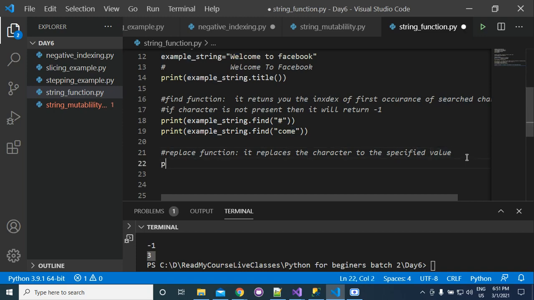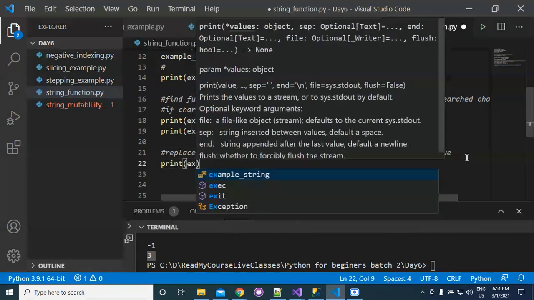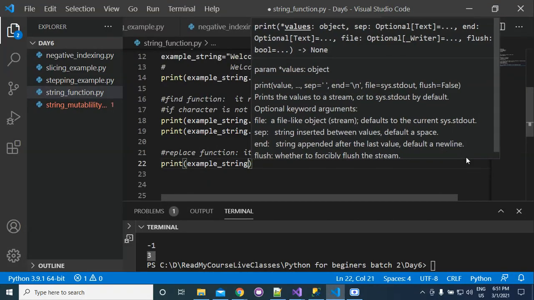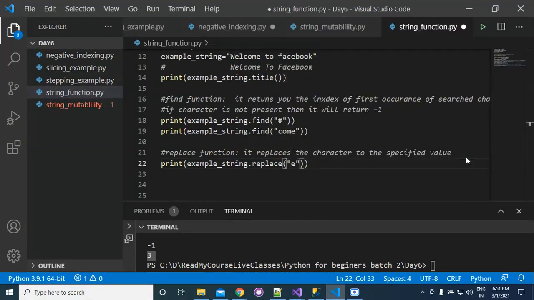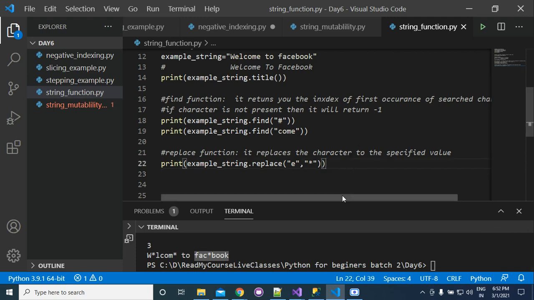Then we can write here print example string dot replace e by star. Now if you run your program, all of the e will be replaced by star. Okay, so this is the replace function.